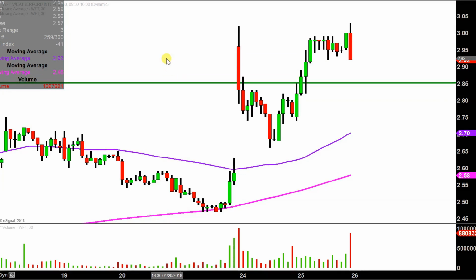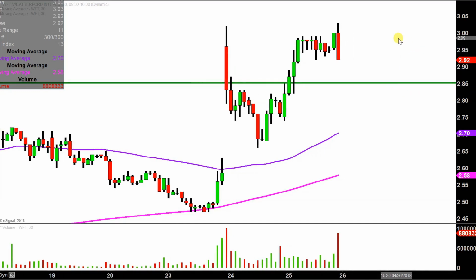Now, don't get me wrong. If the price falls below $2.85, by no means am I saying the entire chart's ruined or anything like that. But if the price can manage to stay up above $2.85, that would certainly be a huge sign of power going forward. As far as, kind of more so a broader picture point of view,